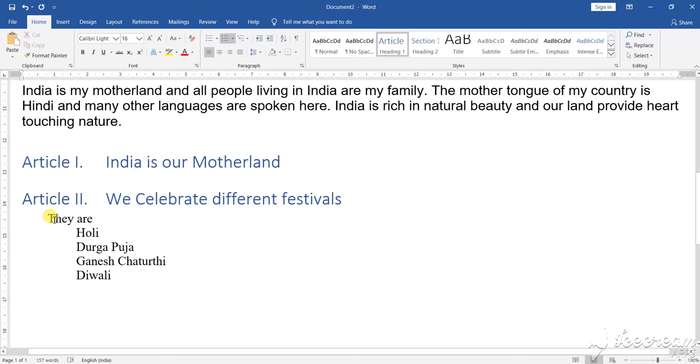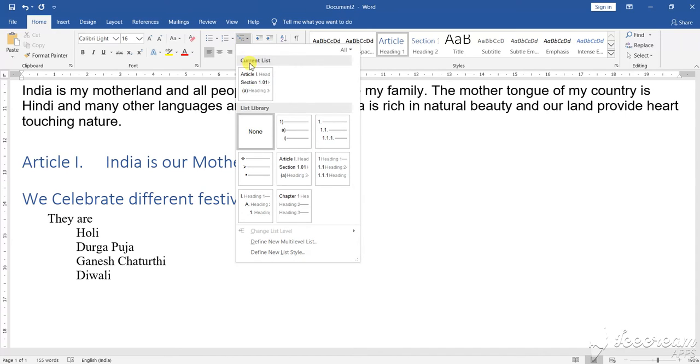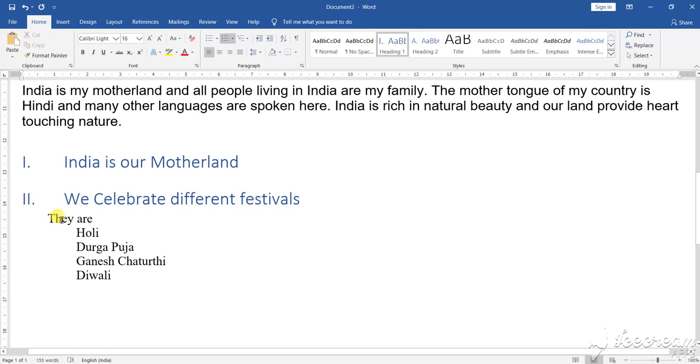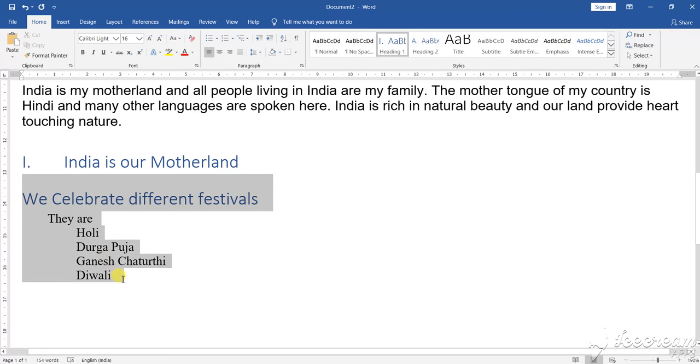Now if you want to delete it, you can delete it. You can select the different other headings. See here, different headings and subheadings. Different heading and subheading menus that you can select. So it came 2. Now if you select the whole, the complete thing, let us select the complete thing.